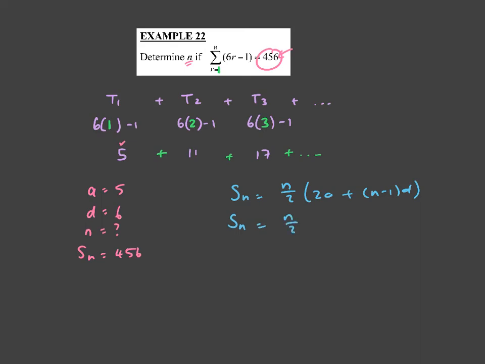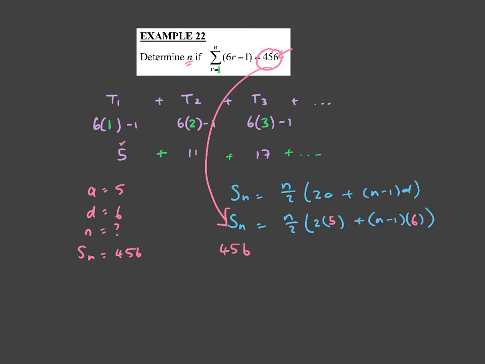So n over 2, 2a. Do we know what a is? Yes, a is equal to 5, right? Plus (n minus 1). I don't know what n is. And do we know what the difference is? Yes, the difference is equal to 6. All right. But we know what the sum is equal to. The sum is equal to